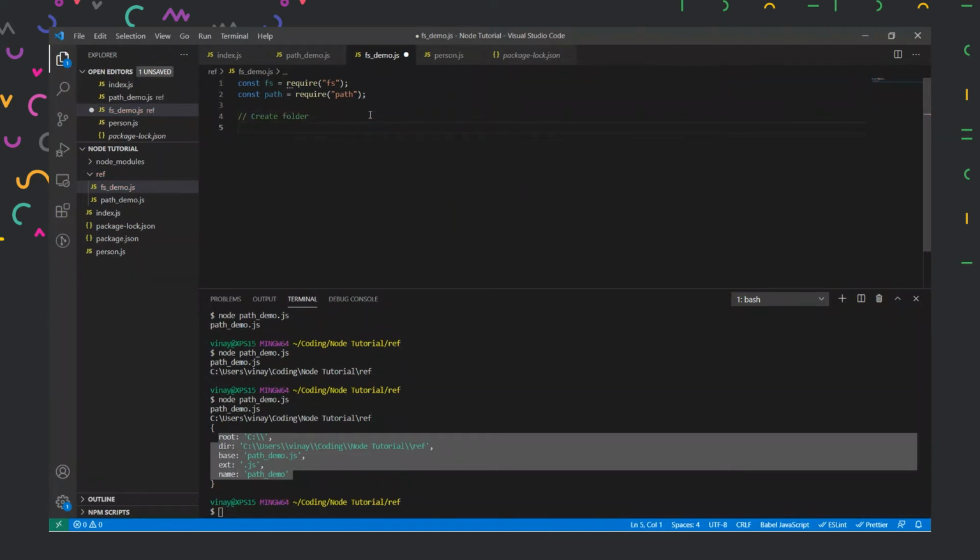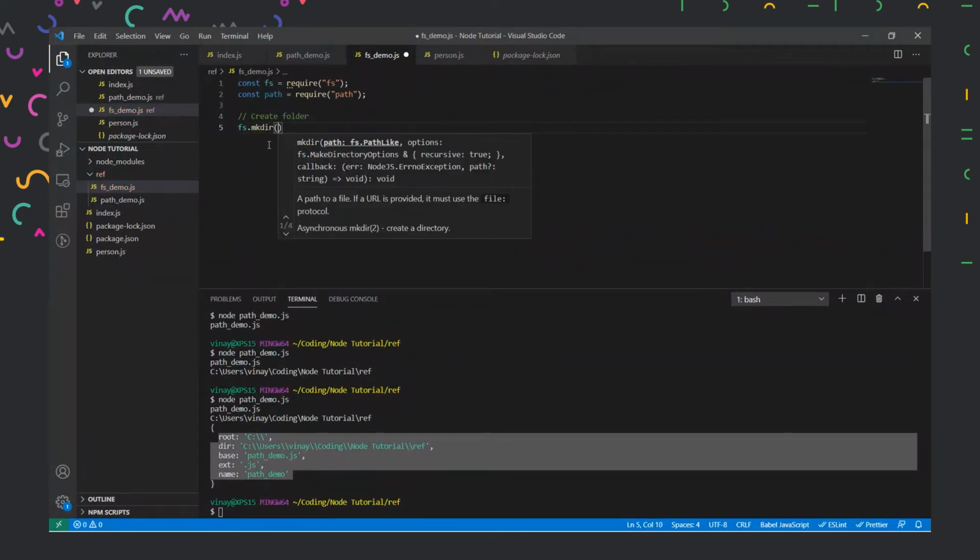For this, we have a function in our fs module called make directory. To access it, we could just type fs.mkdir, and then inside mkdir, we can pass in the directory which we want to create.